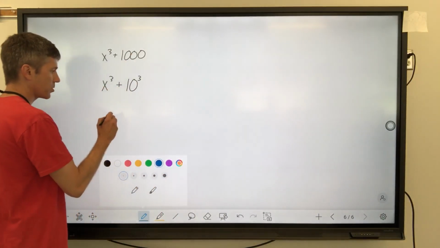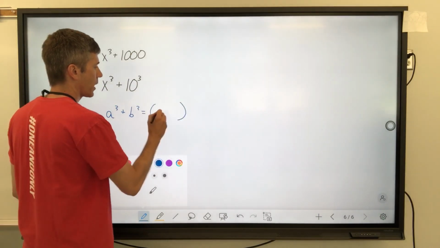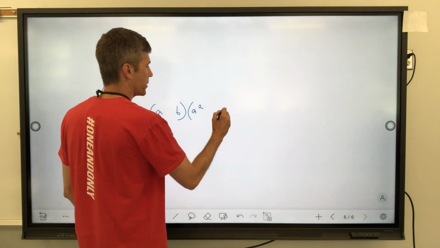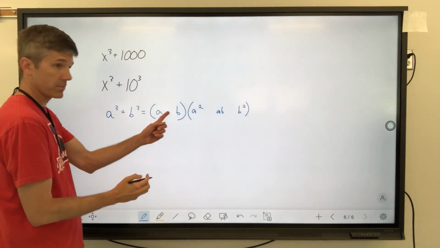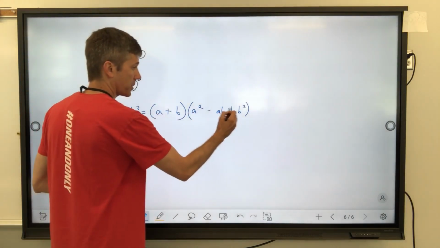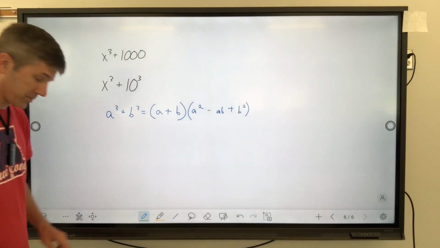If it's a sum of cubes, then I would have a cubed plus b cubed. And that would be, oh, let's just go ahead. (a plus b)(a squared, ab, b squared), and we'll figure out the signs. So same sign, opposite sign, and then always positive. Spell SOAP. Okay, so in this case, and it might help to do this sometimes, and it will definitely help